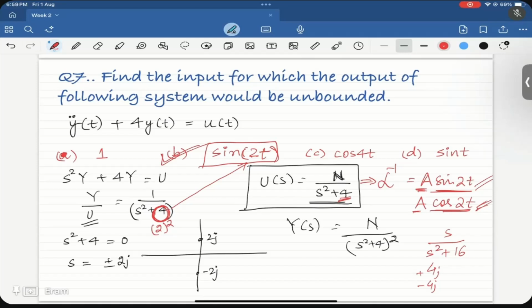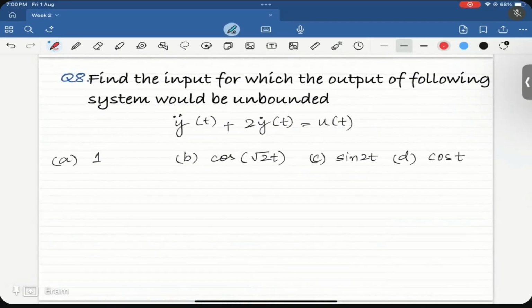So 2 matches the frequency of sin 2t. Here omega is 2 and here also omega is 2, right? So the trick is to identify the frequency which is there in the system, and that input will make the system unbounded. Okay,